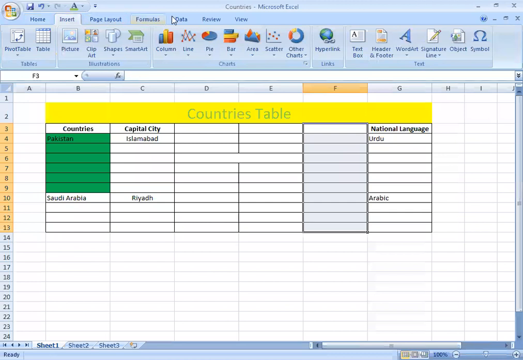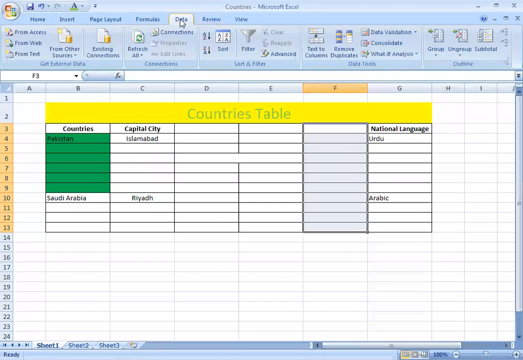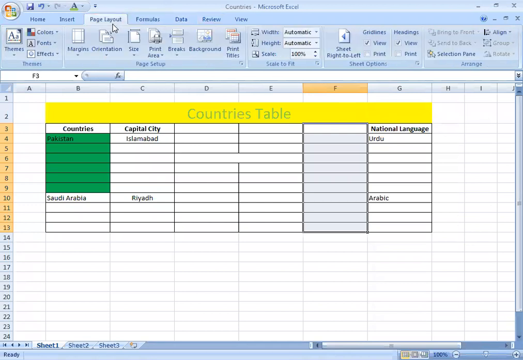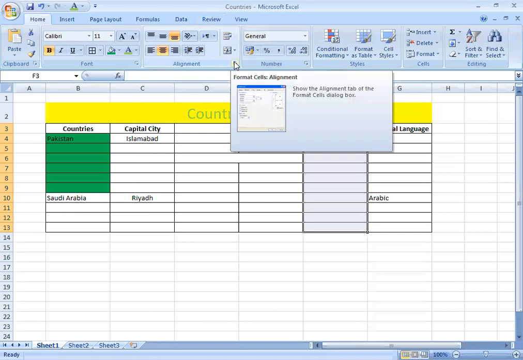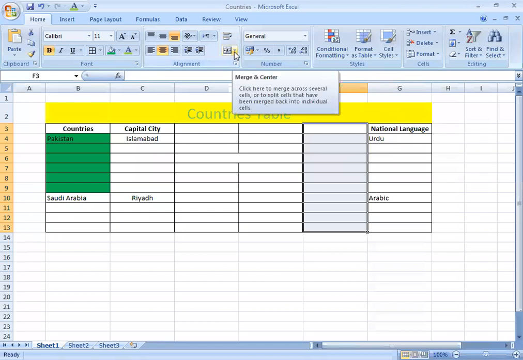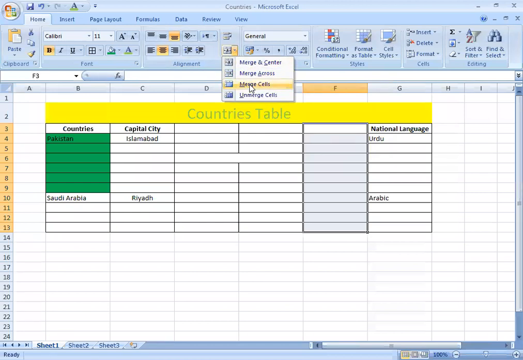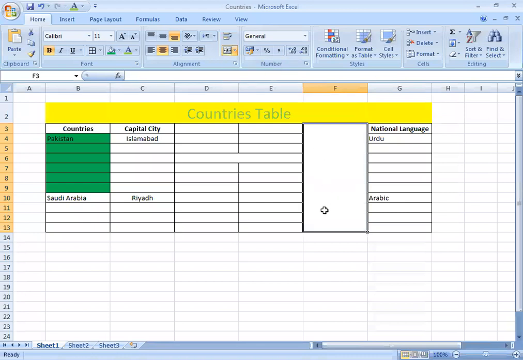Sometimes you are not on the home tab. It happens. Like right now I'm on the data tab, right now on the formula tab, right now on the page layout tab. So you have to go to the home tab. You will click on the home tab, go to the alignment group, and then select the merge cell command. You will click on it and merge cell. You can see all these cells are merged. Now we can treat them as a single cell. I hope you learned how to merge cells.